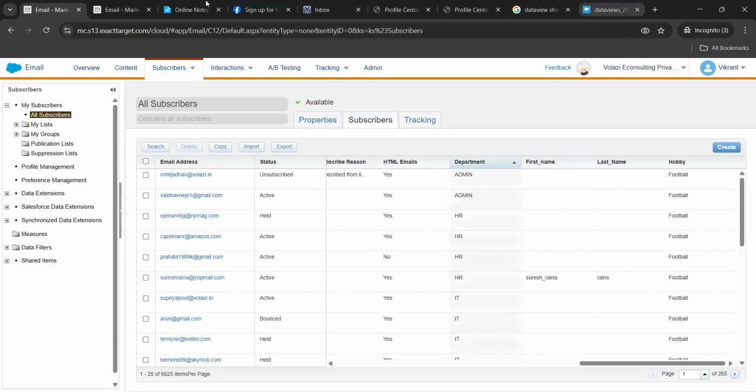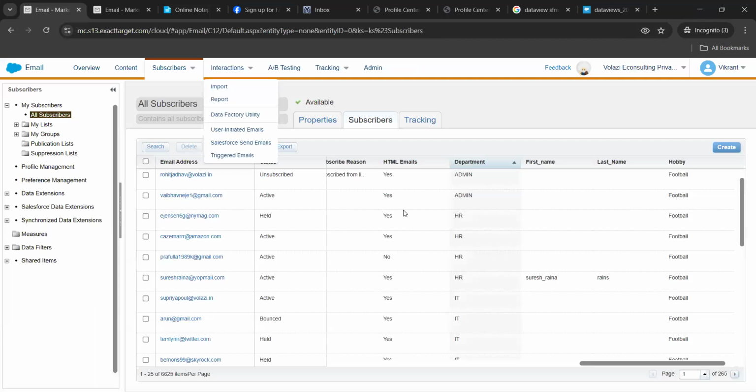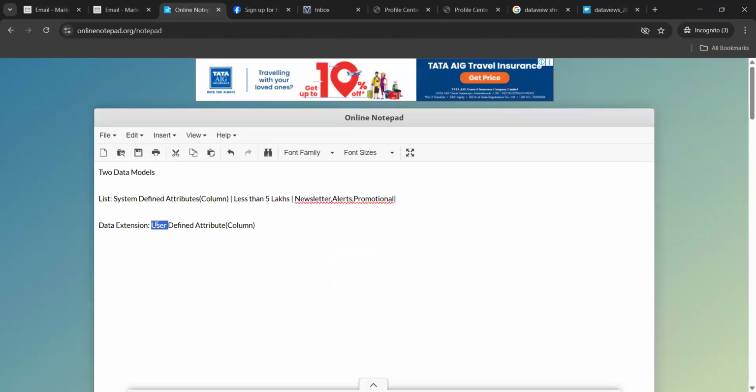But as compared to list, in the data extension, this section is called a user defined attribute. What is a user defined attribute? If it is system defined, it uses the columns from the all subscriber. Whatever column is there, it uses the same column. But for the data extension, it is user defined, which means you can have your own columns created based on the data that you have received from the third